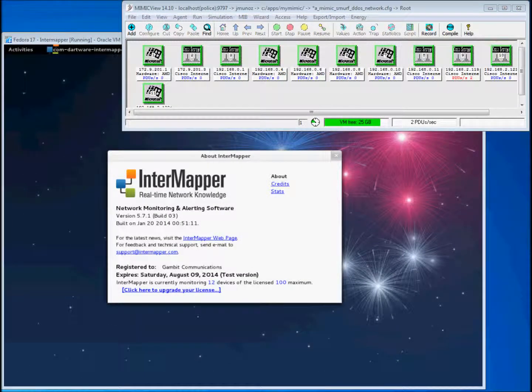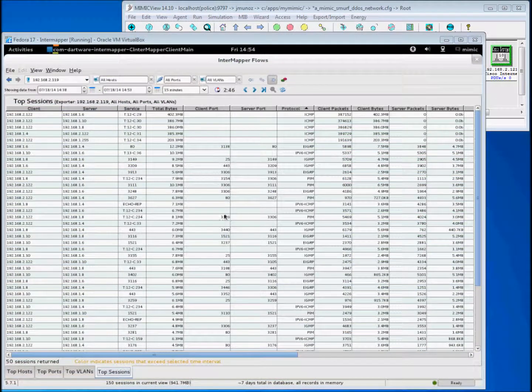With Mimic Netflow Smurf DDoS simulation running in the background, I will use the InterMapper Flows collector application for the threat detection. Let's begin our investigation by looking at the data contained within the top sessions view. Now because a large number of ICMP packets with the intended victim's spoofed source IP address is broadcast to a computer network, we would expect to see that the bulk of the traffic will be ICMP protocol related. Again, from the top sessions view, we can observe that the top talkers or listeners are indeed ICMP related by